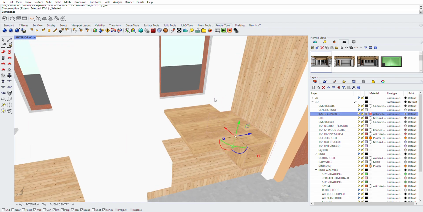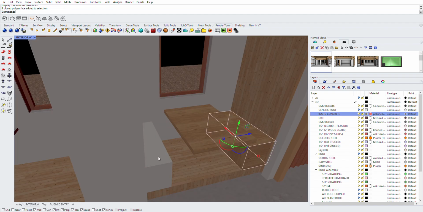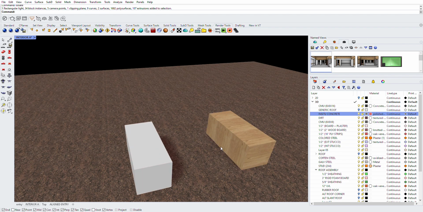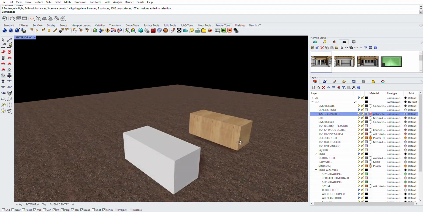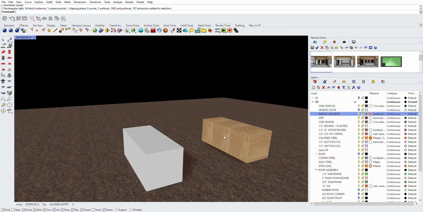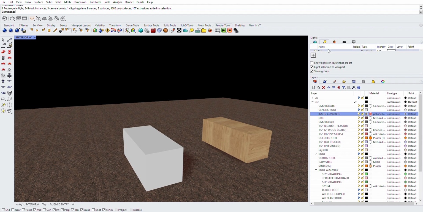Basically, actually, you know what? Sorry, I'm just going to go back to this. Say I have these two things. I think a helpful trick with doing any of these material edits is the isolate tool. So you select objects, isolate, and basically that allows you to have these on their own. And if you're in the rendered mode, as you saw, the lighting in that interior should have been set up, but